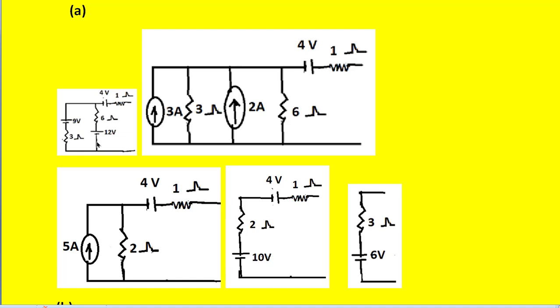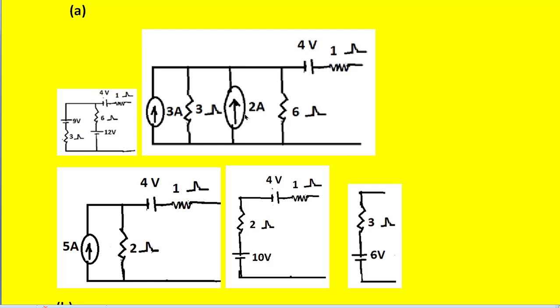Then because this voltage source is converted into an equivalent current source, this internal resistance of 6 ohms will become the internal resistance of the current source in parallel like this. So 2 amperes is in parallel with 6 ohms. Then we have one more voltage source, that is 4 volts, with negative here and positive here, and its internal resistance is 1 ohm.